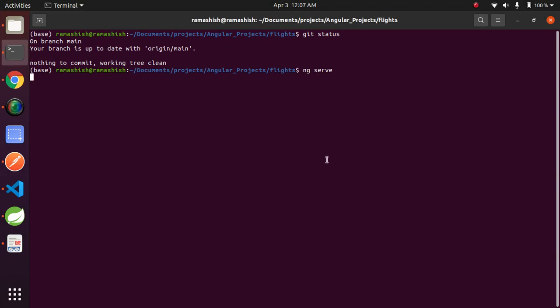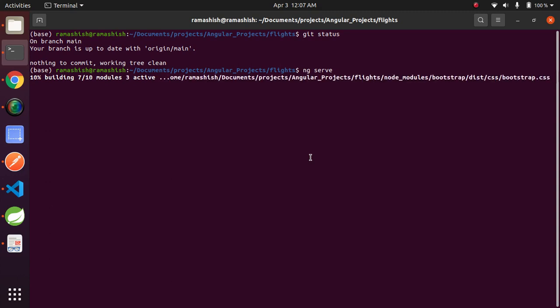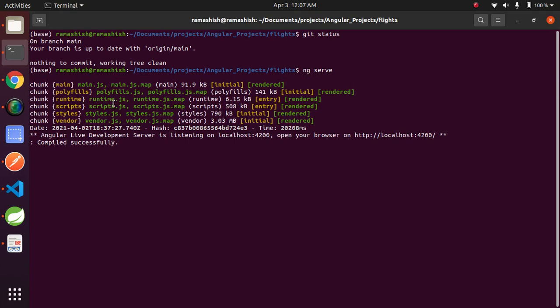Let me show you first what impact we will get after implementation of guard. Application compiled successfully. Go to your browser.